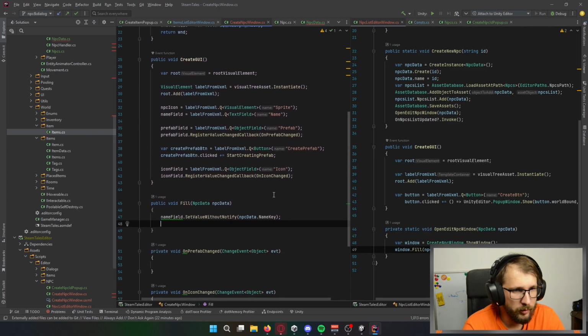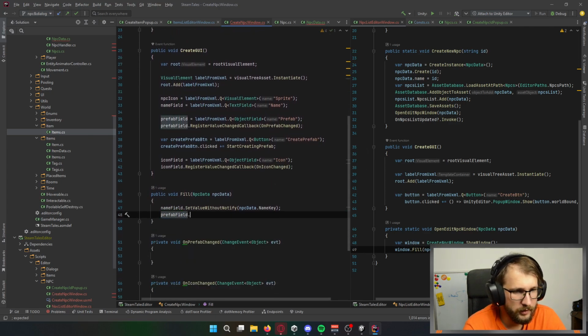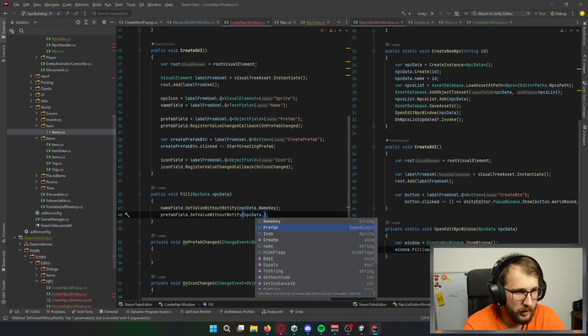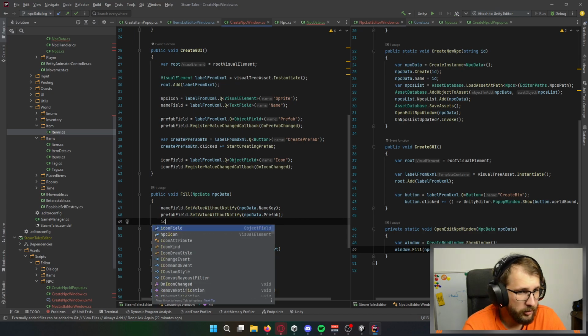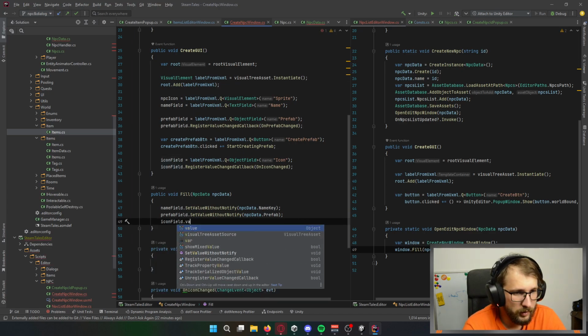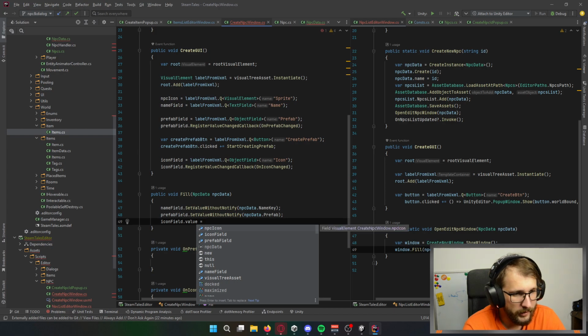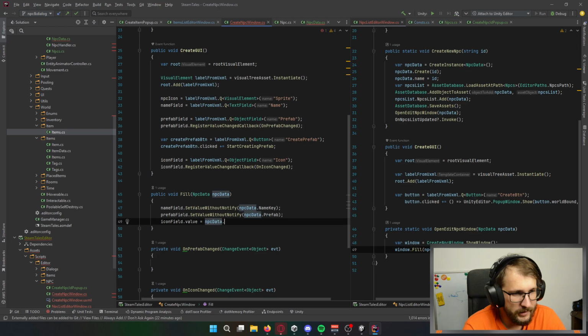Next part will be the prefab field. Set value without notify, prefab. Icon field, value, I can do it like that, with NPC data dot icon.